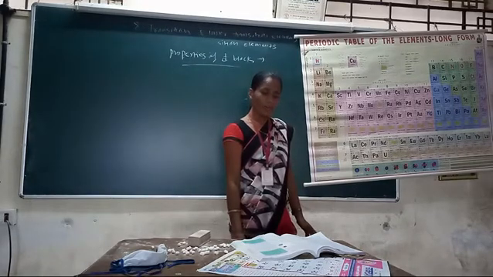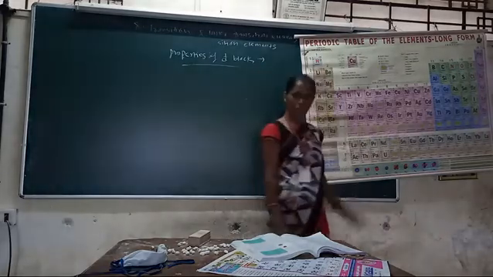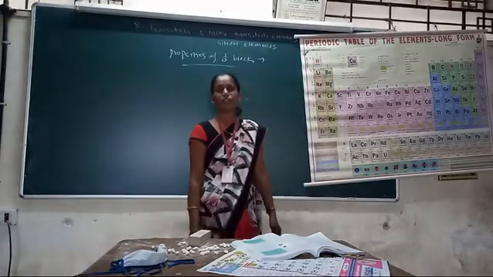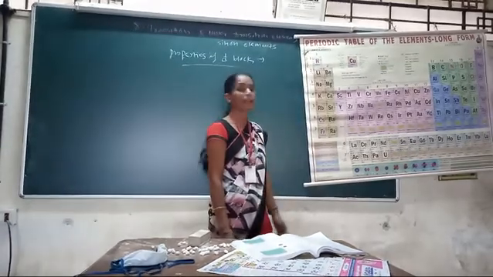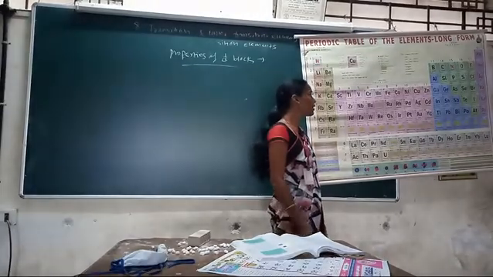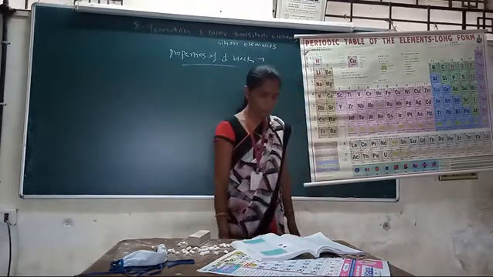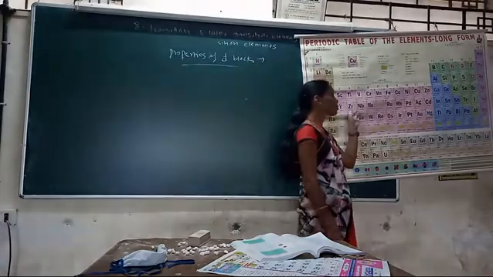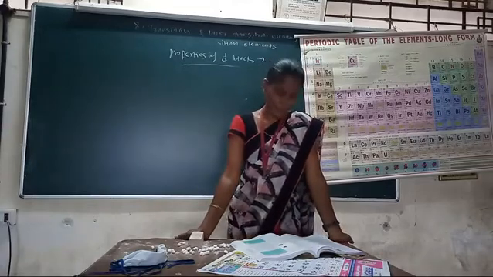Fourth property: they have high tensile strength, means the load carrying capacity of all d block elements is more. Also malleability, they can form alloys. All transition metals produce alloys. Then all metals are paramagnetic in nature. Mostly all d block metals are paramagnetic, means magnetic in nature; they are pulled towards the applied magnetic field, called paramagnetic. And last, mostly all elements are used as catalysts. These are the physical properties of d block elements.